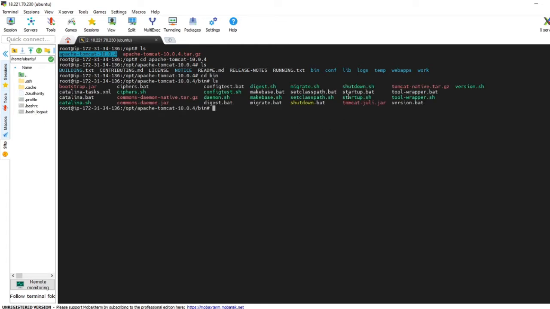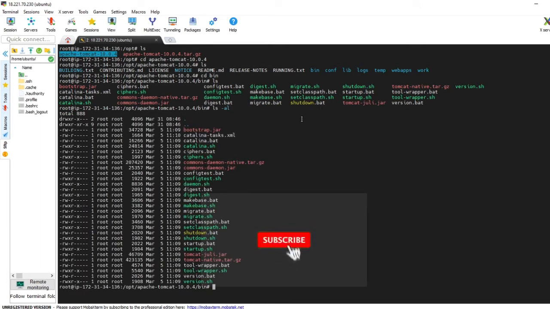So here you can see that to start your Tomcat services, there are two files, startup.sh and shutdown.sh. So the permissions currently on these two files are, if we look at it, the startup.sh is not executable, and also the shutdown.sh is not executable.